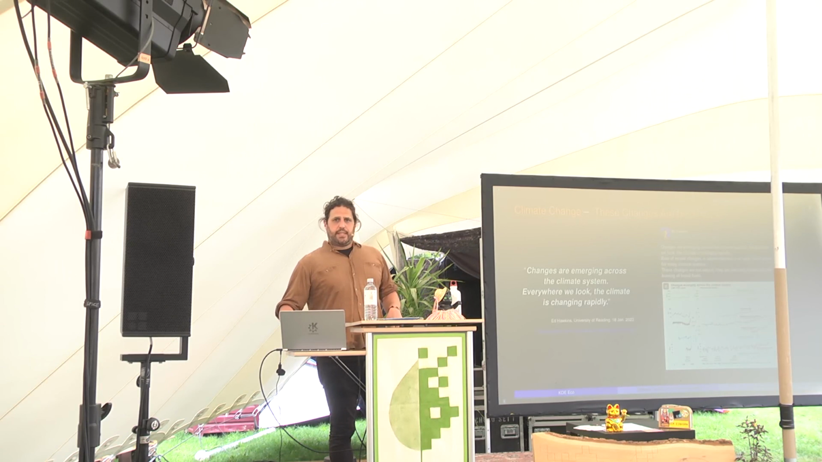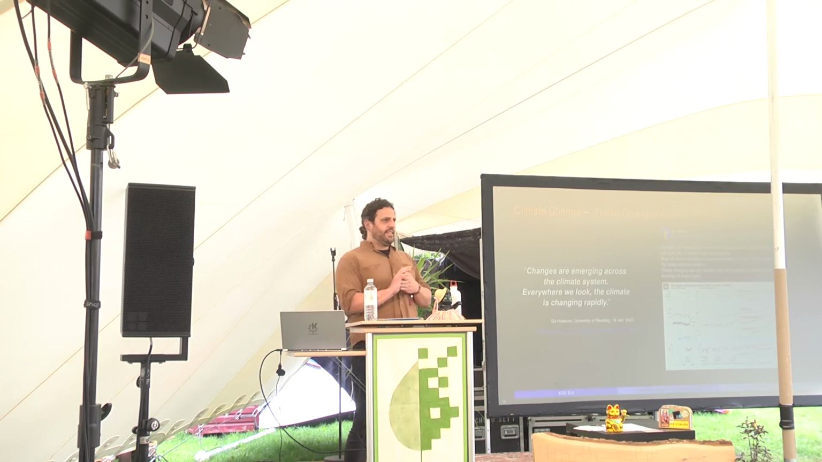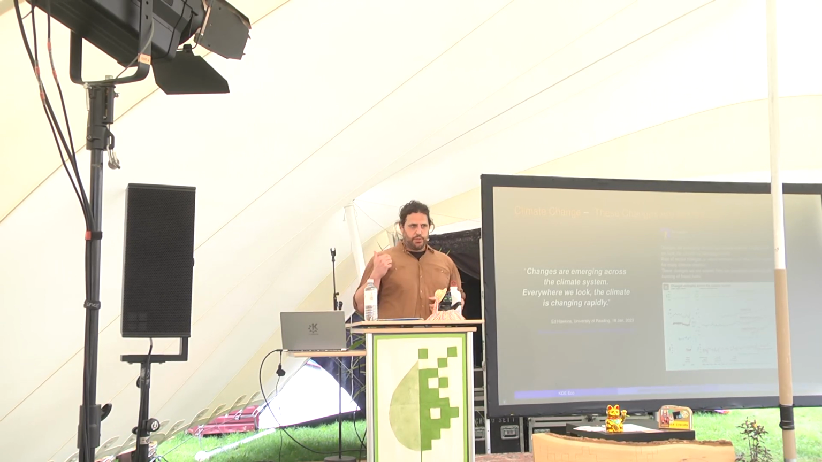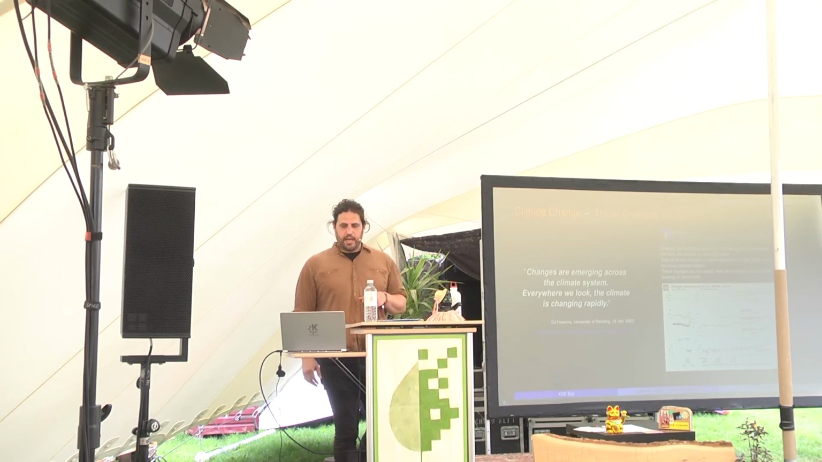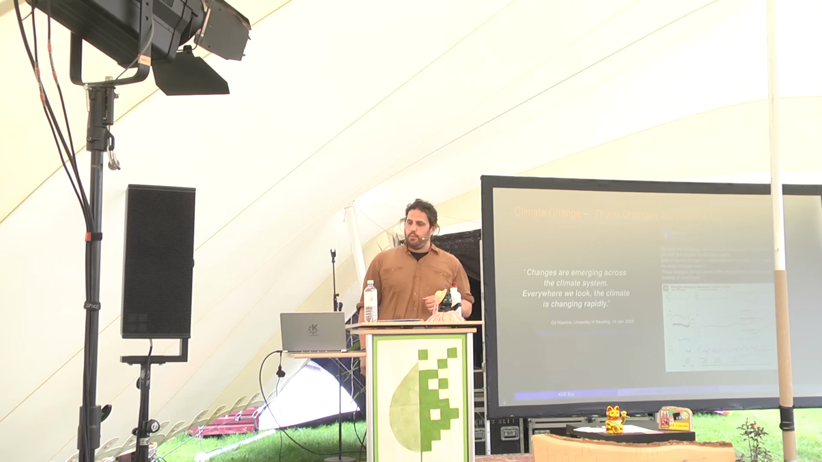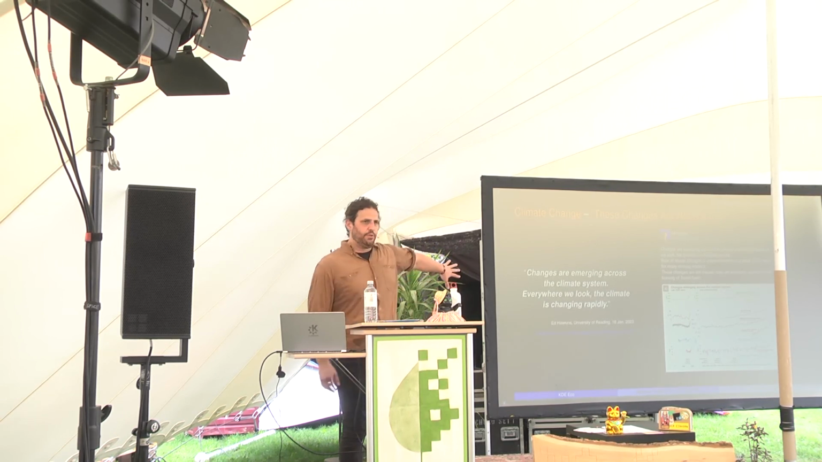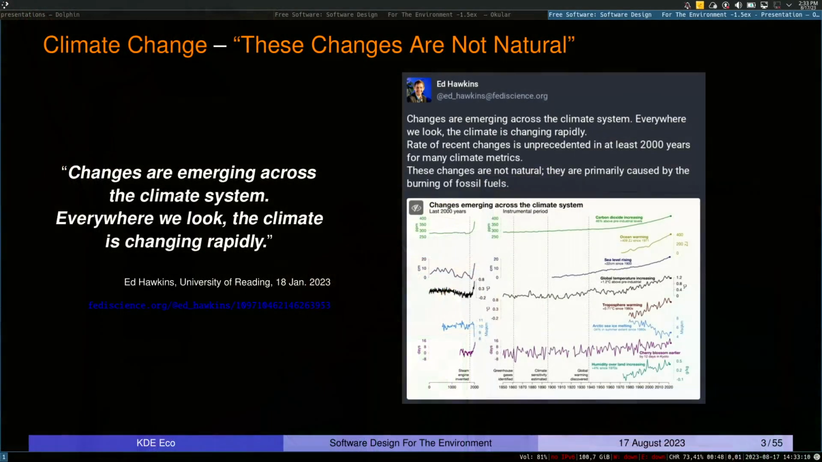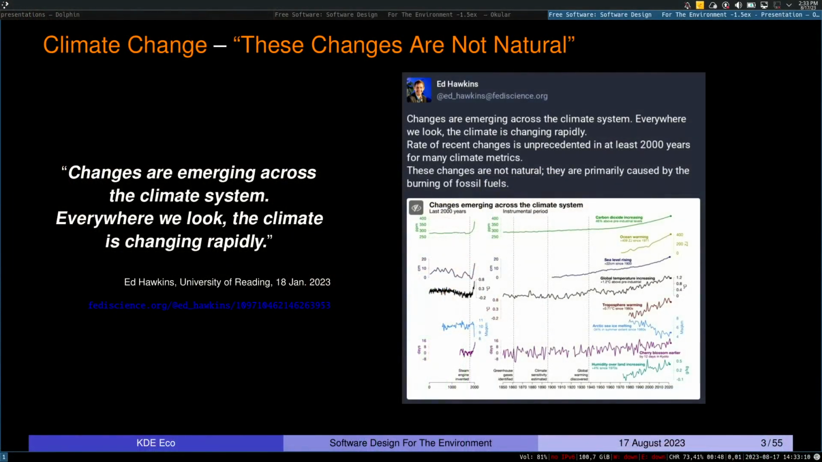So to get started, just to frame the issue that we're talking about. This is a post on Mastodon from Ed Hawkins, a climate scientist at the University of Reading, in which he has a graph. I don't expect you can really see the graph, but I hope you can see that all but one have an upward slope to it. You can probably guess what these are measurements of. This is the global temperature, CO2 emissions, sea levels. There's only one that's going down. That's the ice